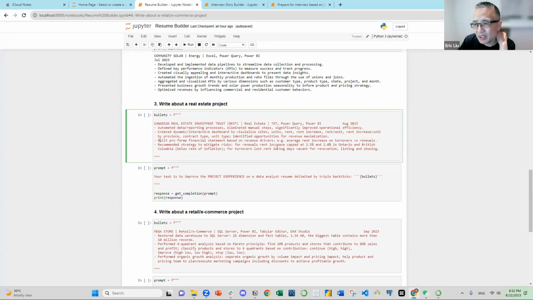For renewals, we have rent control, right? Rent increase is capped at 2.5 and 2.0 in Ontario and British Columbia. So in the current environment with the inflation, you can't just increase the rent that much if it's a renewal. And then for turnovers, if somebody moves out, and the unit is